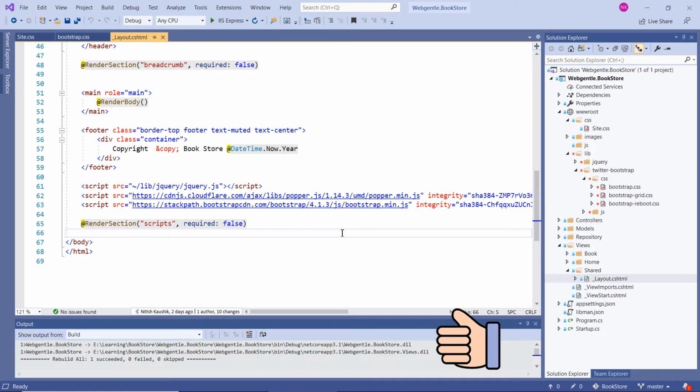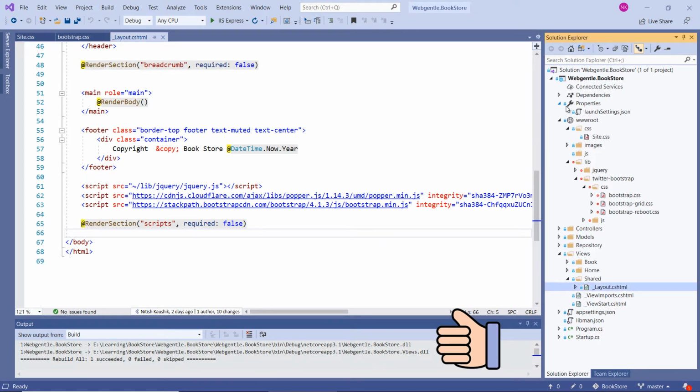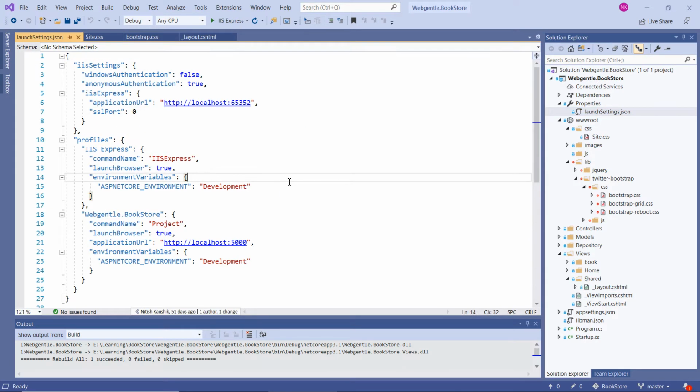This environment name is written into an environment variable. For example, in this ASP.NET Core MVC application, inside the Properties folder you can see we have the launchSettings.json file, and inside this file we have one ASPNETCORE_ENVIRONMENT variable, and we are assigning some value to it, and this value belongs to the current environment of the application. Since we have written Development over here, this application will run in the development environment. If I update this variable to some other name, for example Production or Staging, then this application will behave in that environment.